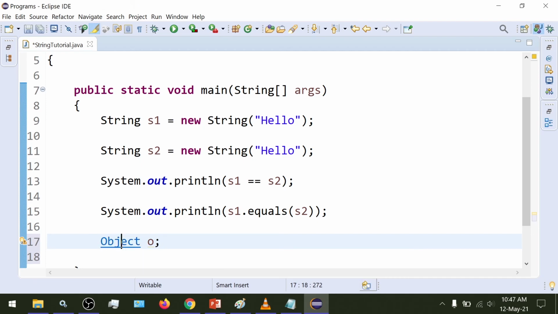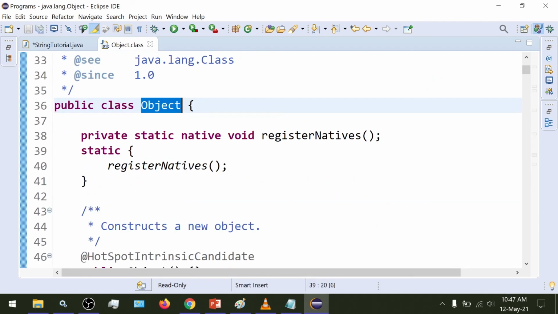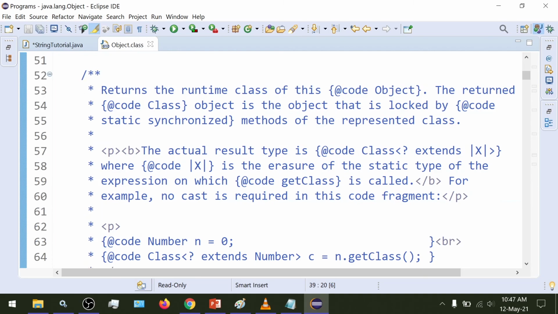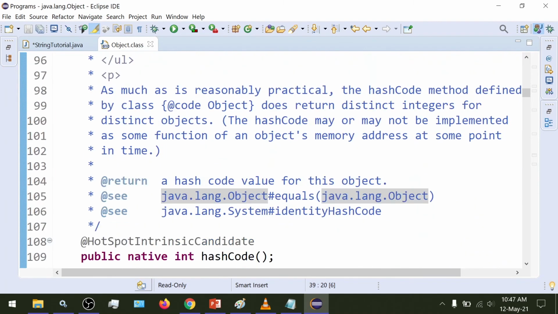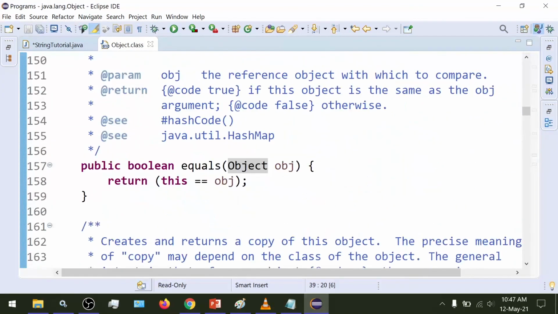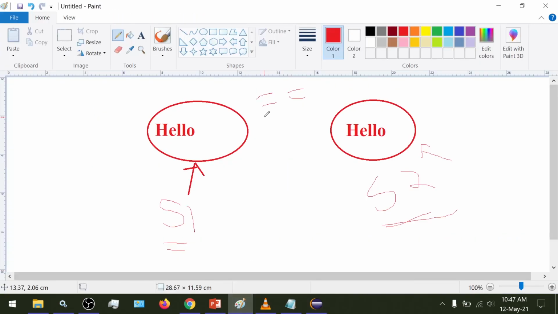If we go into the predefined code of the Object class, there is a lot of code, and somewhere we would find an equals method. Here is the equals method, and we can see that inside its definition it uses the equal to operator, which compares if the two objects are pointing to the same memory location, and returns true.